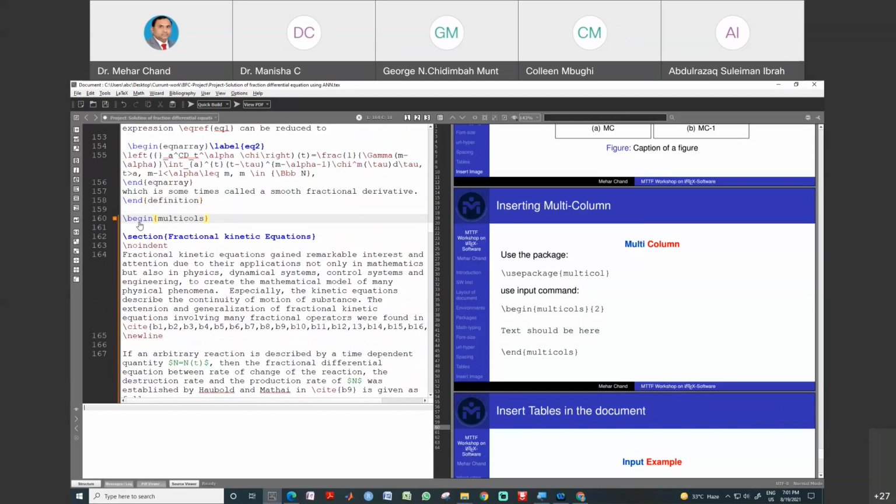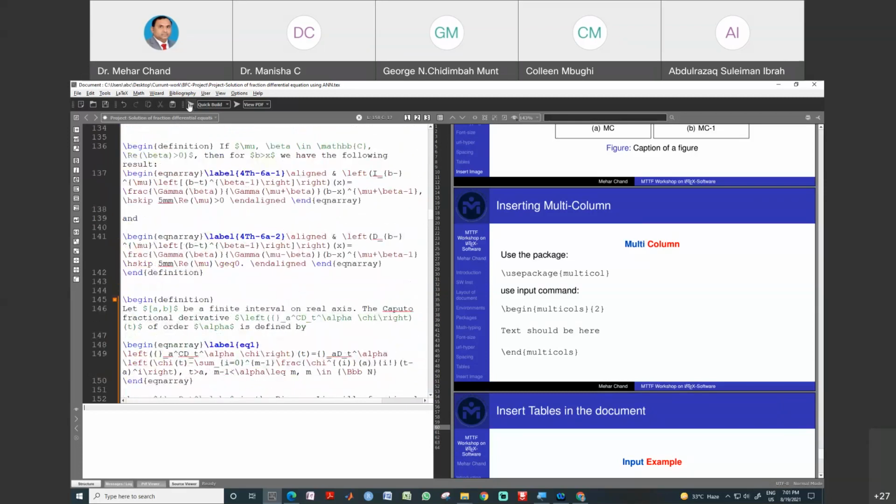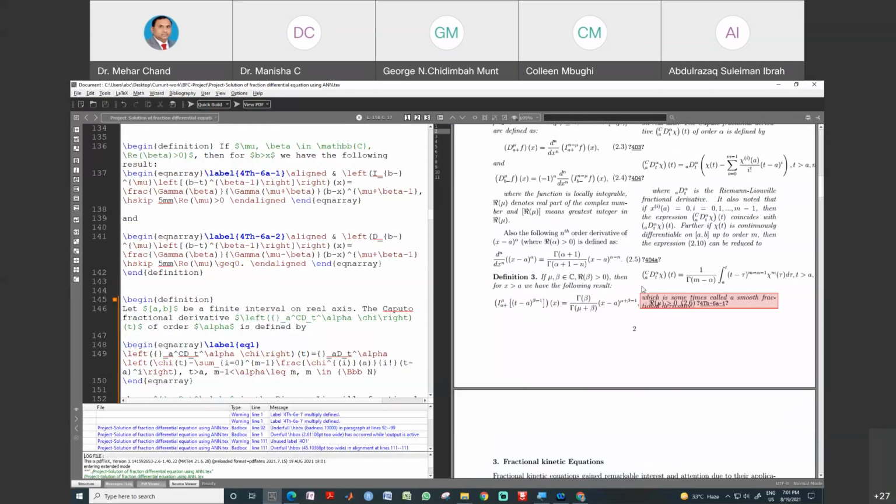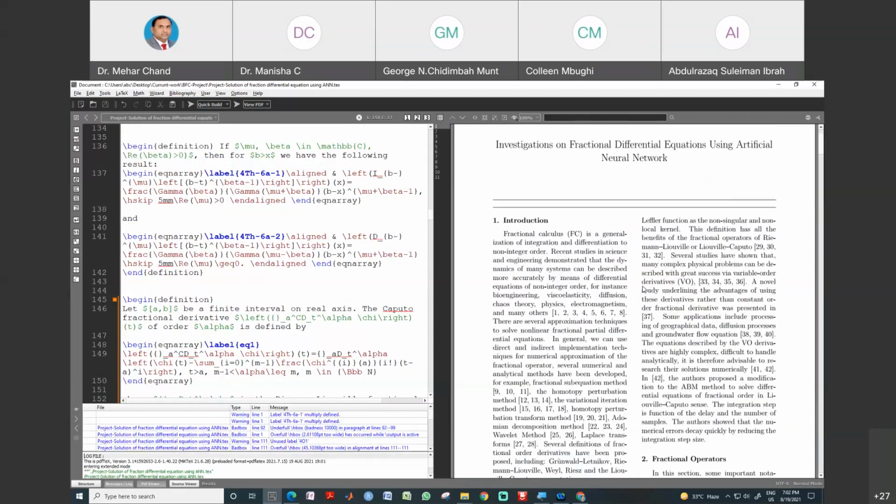Only this part, so this must end. Do at this place end multi-column. And see what happened with this document. The whole document which I want to convert into 2 columns has been converted.